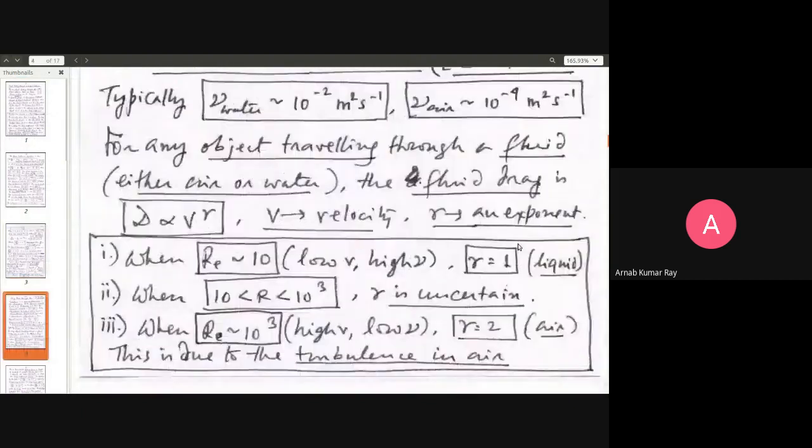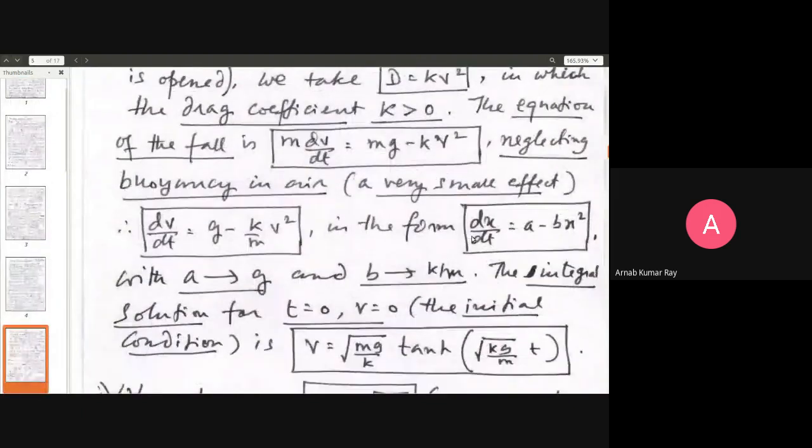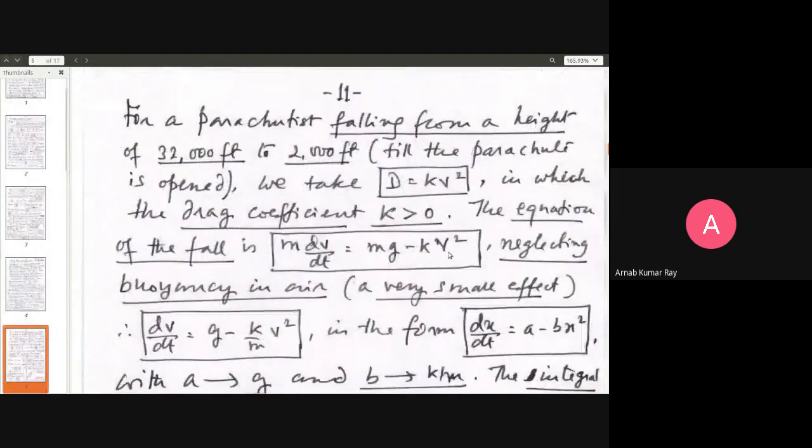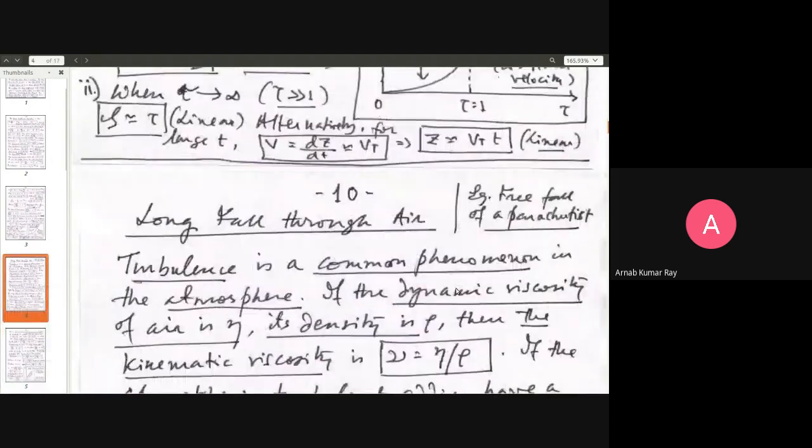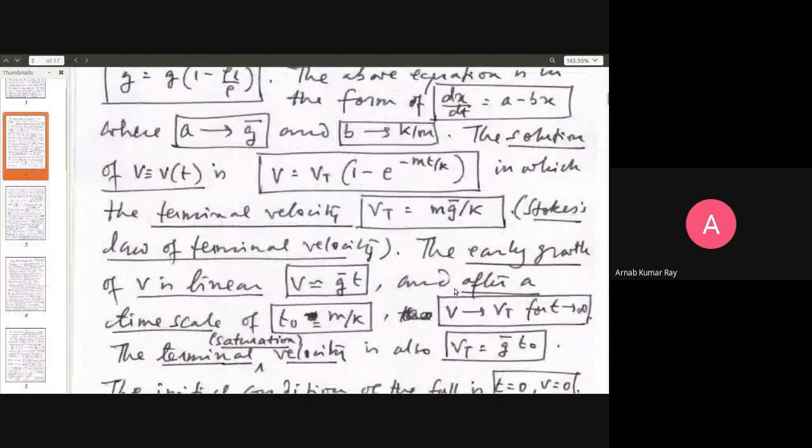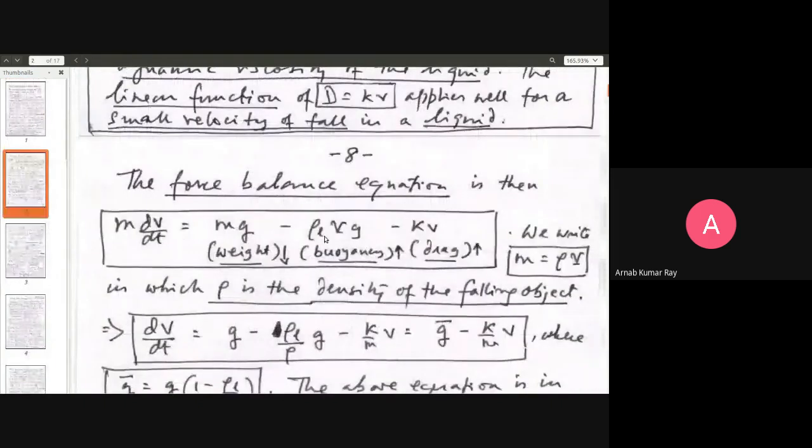Okay, so now let us see what happens. So you basically then have a dynamic equation. The force balance equation will be mass into acceleration, m dv/dt, is equal to mg, which is gravity, and then this is the air drag resistance, minus kv squared. You are not accounting for buoyancy in air, which is not a very significant effect, as in the case of water. Why is it more significant in the case of water than in the air? Simple answer: density of water is much greater